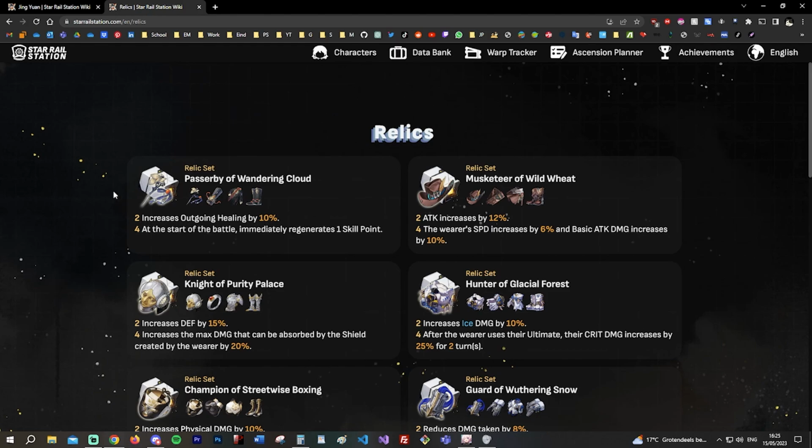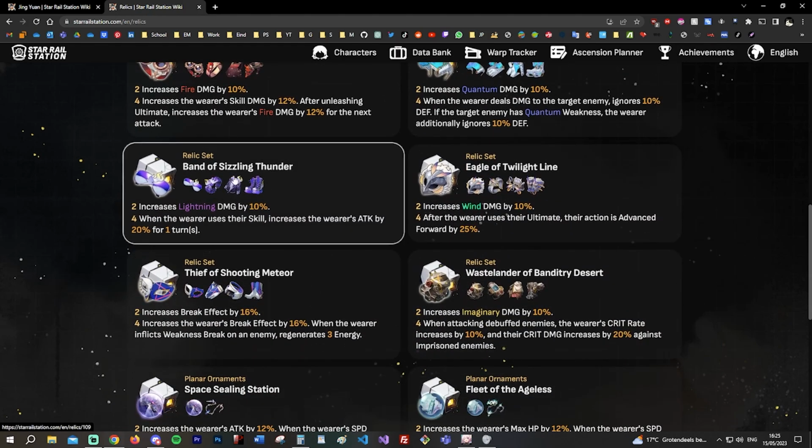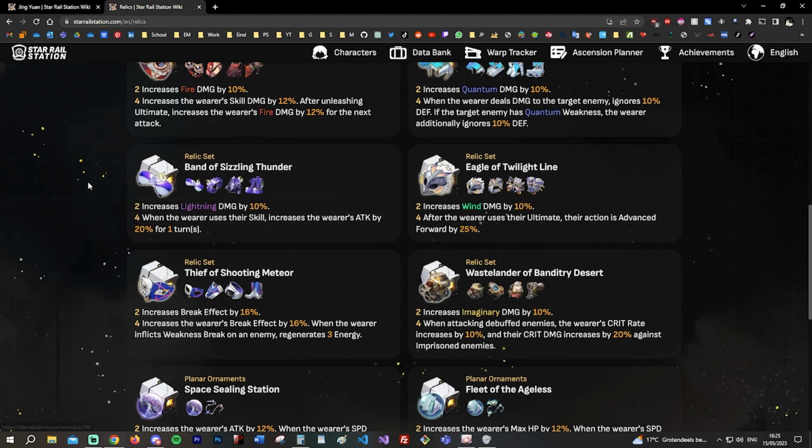Now with relics, we are pretty restricted because in the beginning of the game, of course, we don't have a lot of relic choices. So straight away, the no-brainer becomes just going for the lightning set, because the 2-piece gives you lightning damage bonus, and the 4-piece, every time you use your skill, increases the wearer's attack by 20%. And as we know, Jingyuan is basically going to use his skill every single turn, so he's going to have this attack buff permanently. So right away, this kind of becomes a no-brainer,